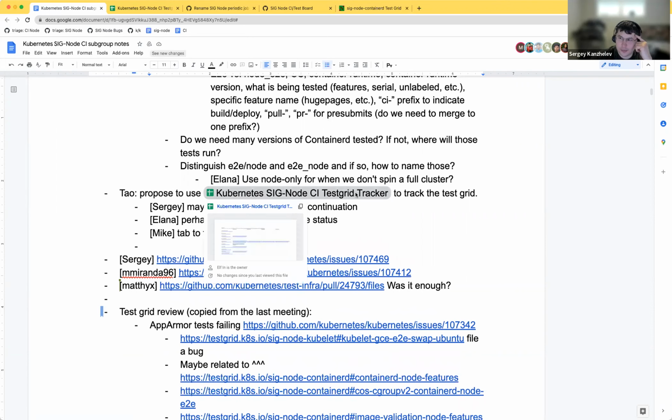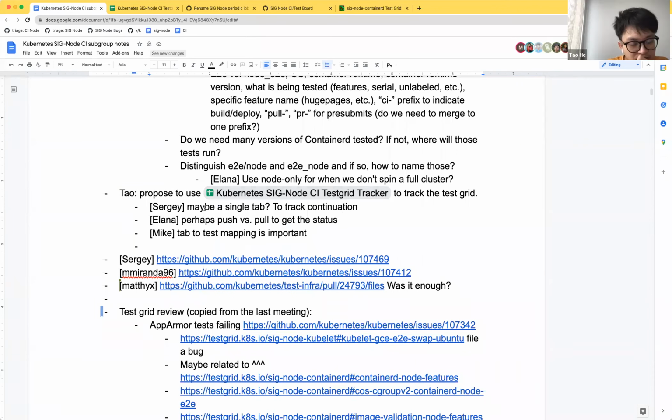Yeah, one of the points here was to track continuation over the year, like how long it took us to resolve issues. Once the grid became red and we had an issue created, how long do we keep this issue around? This will help us understand whether the job is abandoned. If nobody cares about this failure, then we can make a decision, and especially before a release, we can understand whether it was broken all the way or just recently started failing.